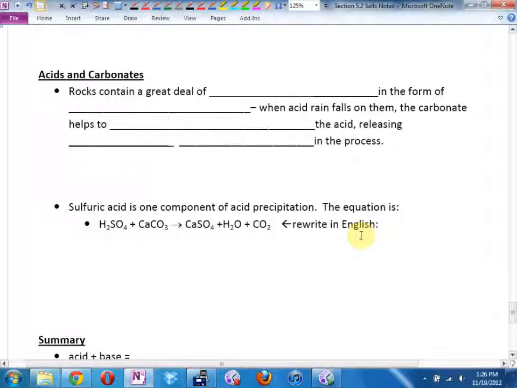Rocks, believe it or not, contain a great deal of CO2. What's the fancy name for CO2? This is carbon dioxide. But not as a gas, like carbon dioxide usually exists, or as an ice, like dry ice, which is frozen carbon dioxide. They actually have it in the form of what are called